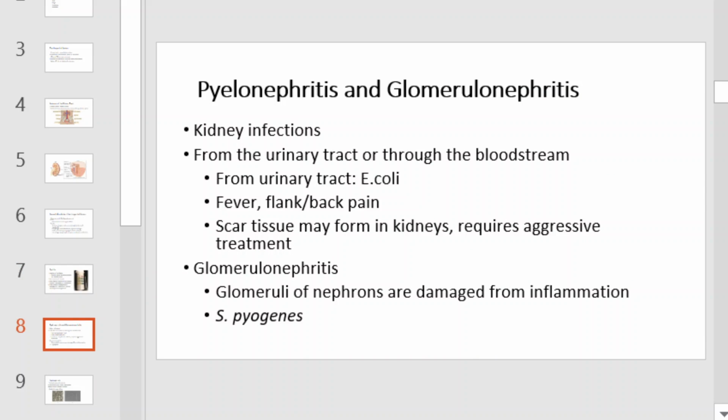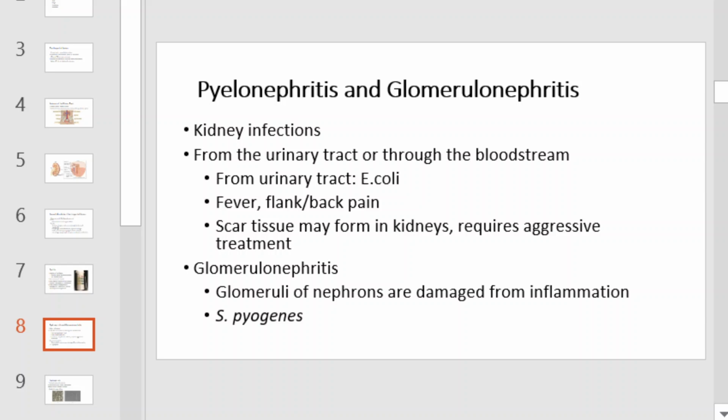Pyelonephritis and glomerulonephritis. These are kidney infections and form from the urinary tract through the bloodstream. From the urinary tract, E. coli can enter the kidney. Symptoms include fever, flank and back pain, and can result in scar tissue that may form in the kidneys, which requires aggressive treatment. Glomerulonephritis